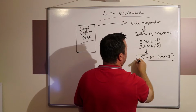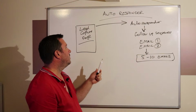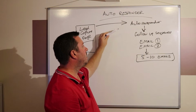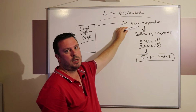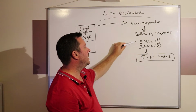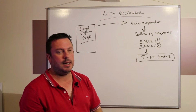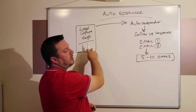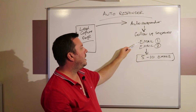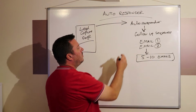So basically you're going to capture their name and email address from your lead capture page. That's going to send them to the autoresponder. They're then going to be initialized in your autoresponder into your follow-up sequence. They're immediately going to be receiving your first email. Now I always recommend that you send that immediately. So as soon as they've entered their lead into the lead capture page, they will immediately get sent the number 1 email. Now this is generally going to be your